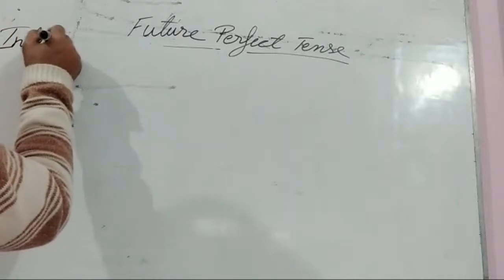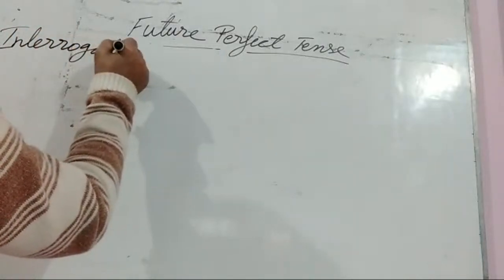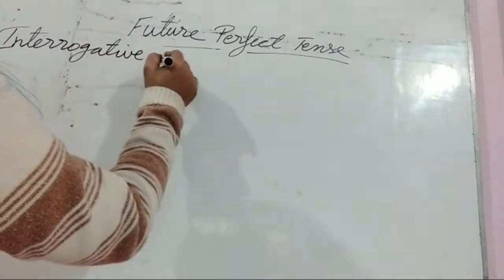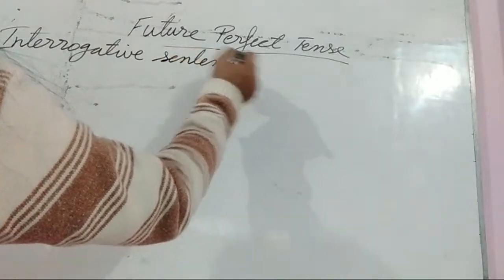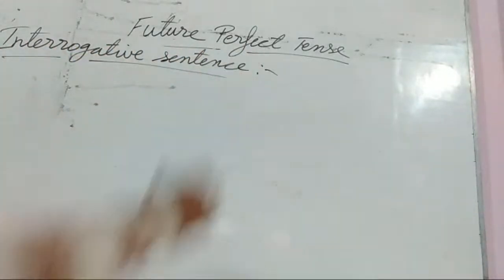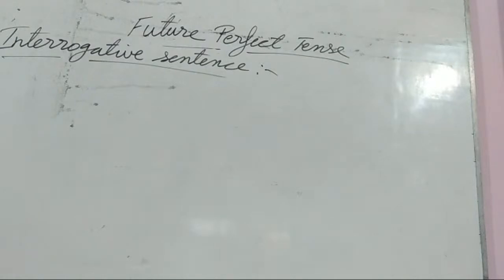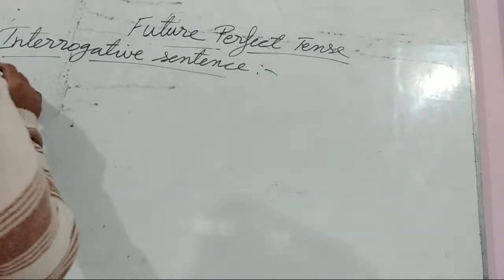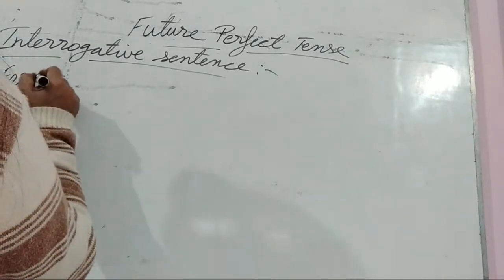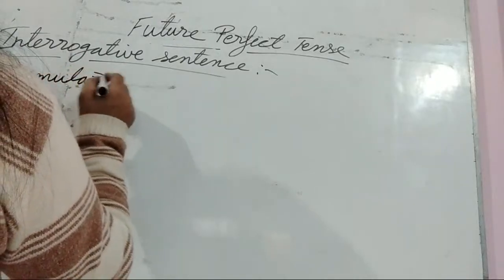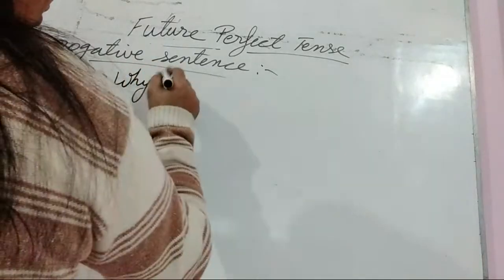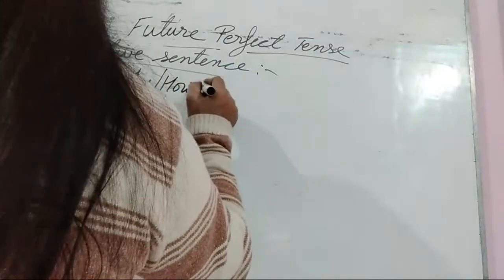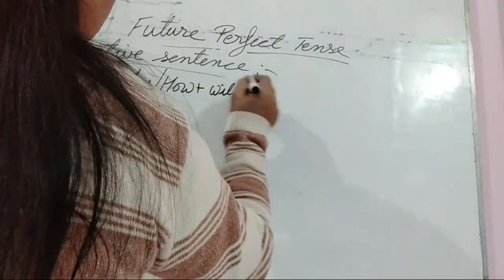Interrogative sentence. We are going to see the formula as well as the example related to interrogative sentence in future perfect tense. Let's see the formula first. The formula is, as I told you, why or how, will or shall,